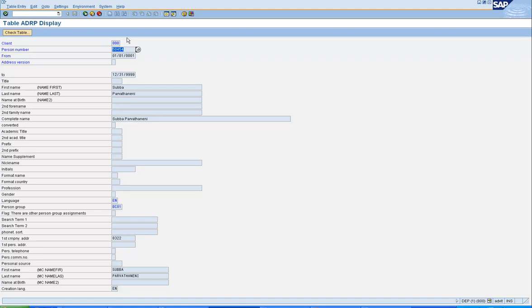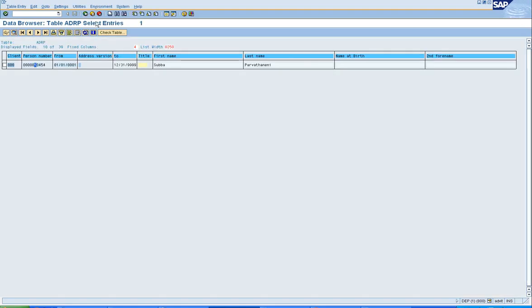The other table that we can use for getting the last name and first name was USER_ADDR, so we can use this also. ADRP and USR02 are linked by person number in a way, but the person number has to be found out from USR21.